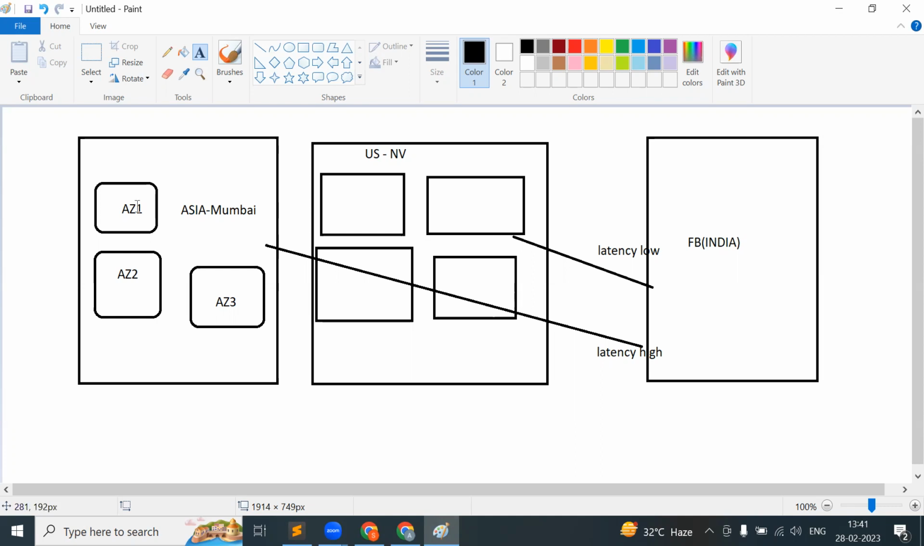Because if your data has been hosted in this availability zone, and because of any earthquake or any other disaster this availability zone crashes, what will happen? Your entire data will be lost, right? So for that reason,